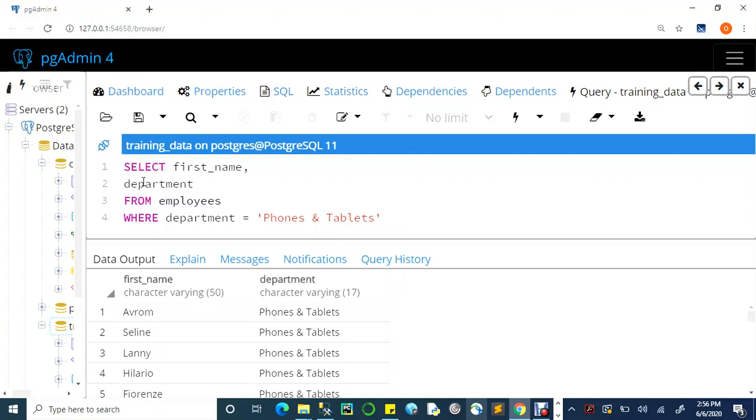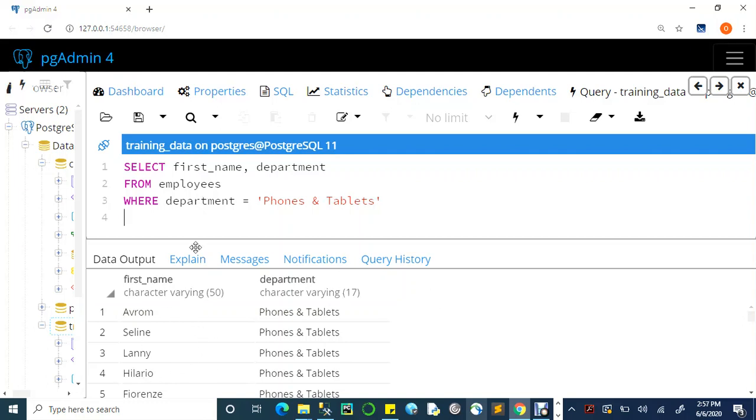Now, how does this run? Which of these lines gets executed first? I'm going to put this department on the first line. So which of these lines gets executed first? Is it the select line? Is it the from line? Is it the where line? Now, the way it looks is to think that the first thing that happens is this, because it's the first line. Let me add one more thing to it and say, let's say we want to order this by